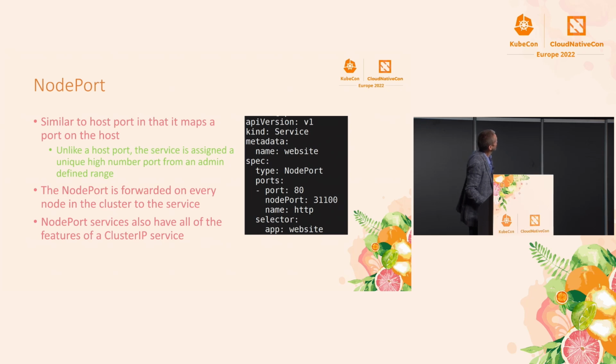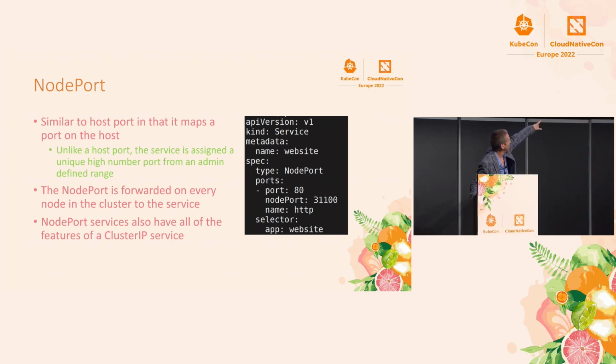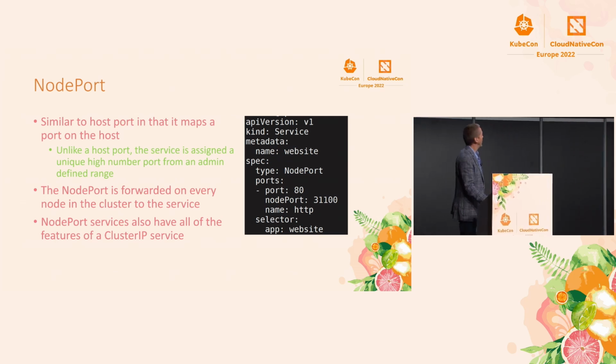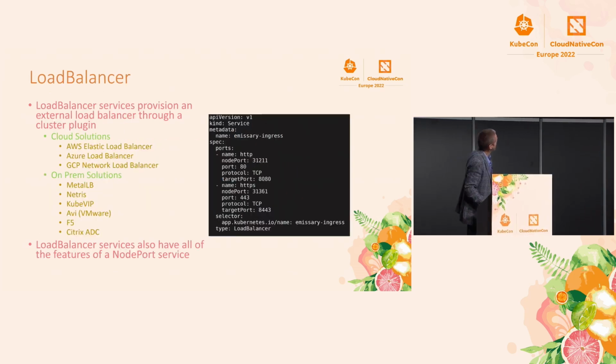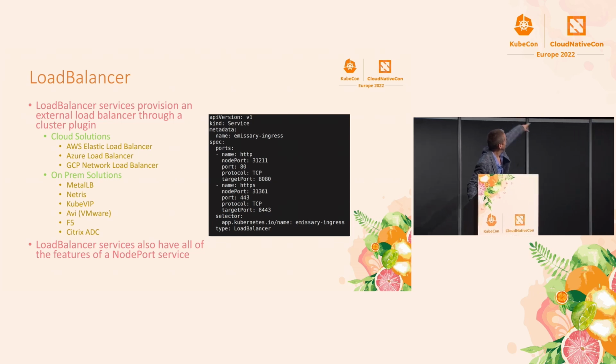That's a node port. You just ask for type node port, and then you can ask for the port that you want, but if it's in use, you'll get an error. If you leave the node port off, Kubernetes will assign you one from the range, just like with the cluster IP as we saw. And then this is a load balancer. You just say type load balancer. That's it. In this case, this guy has 2 ports, HTTP and HTTPS, which is kind of common.